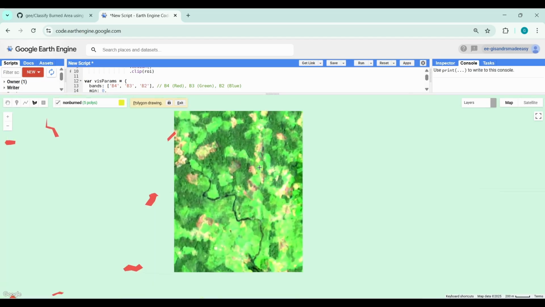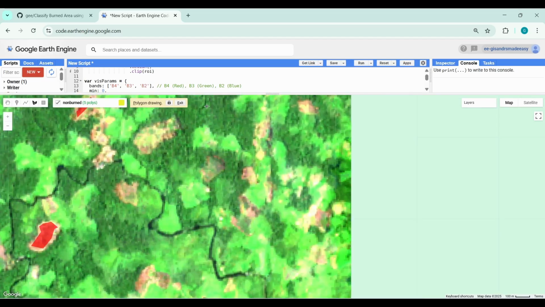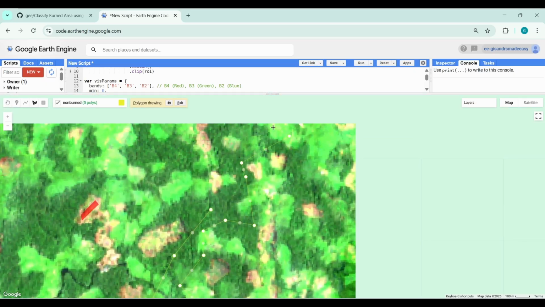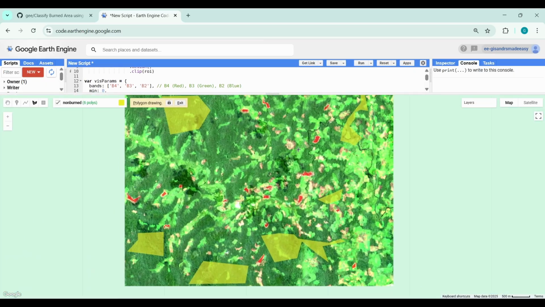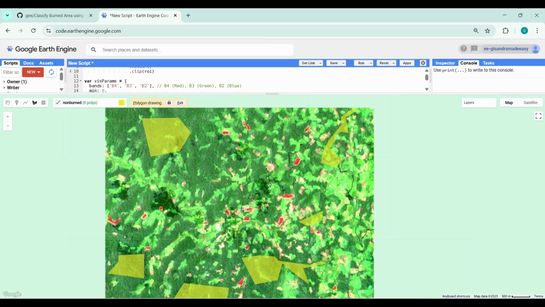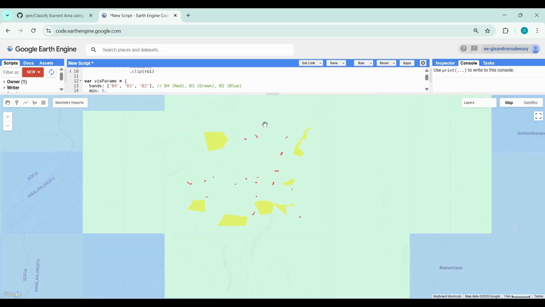Let's make another one in this part. Now we have the annotation for burned and non-burned. Let's click this exit mode. Now let's move to the code